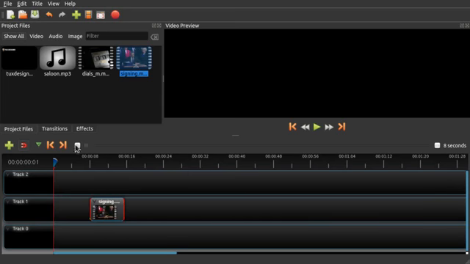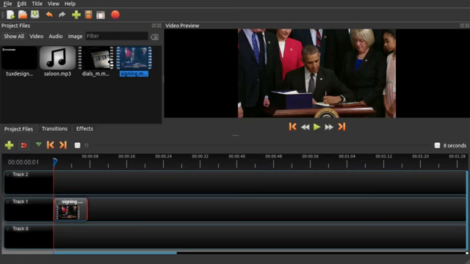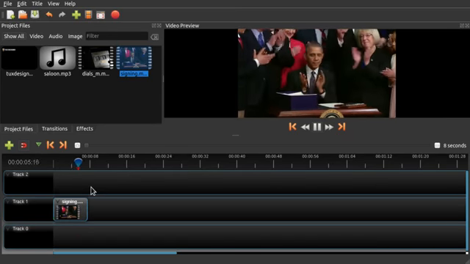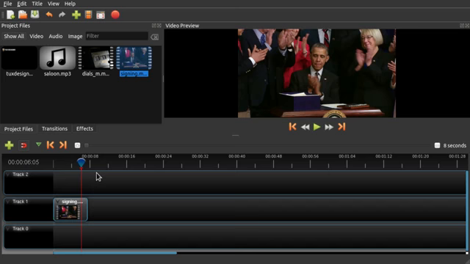We can zoom in with this slide bar or with the control button and scroll wheel of our mouse. And we can always play back our track using space, and also pause it. So now I'm gonna add another video